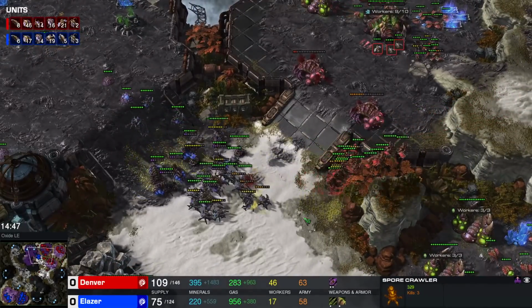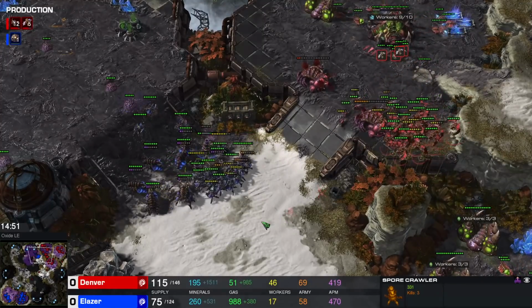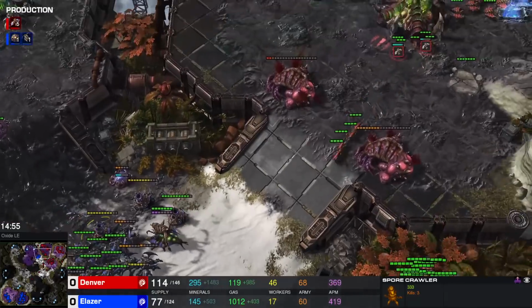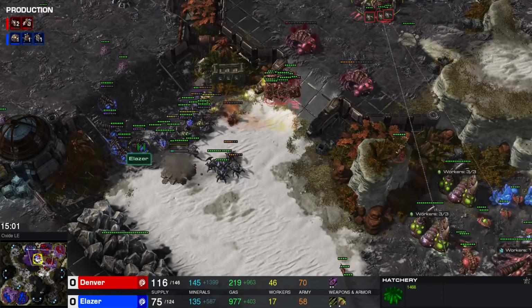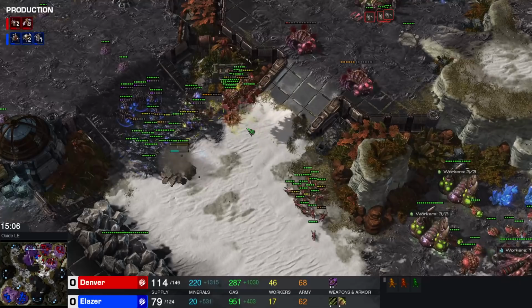Queen's gonna fall. 1 queen for a Muta usually would be a bad trade, but if you're mining 3 times as much as your opponent, I don't mind it that much. I actually think it might be a good trade. Wouldn't mind another spine crawler up here either, as we see once again Denver going in for the spore, gets the spore. That means there's now 3 spores remaining, and these spores can just be